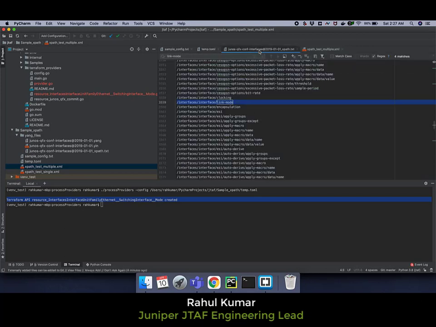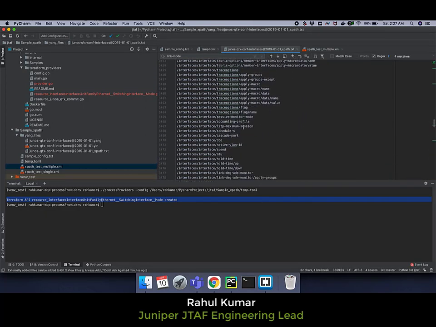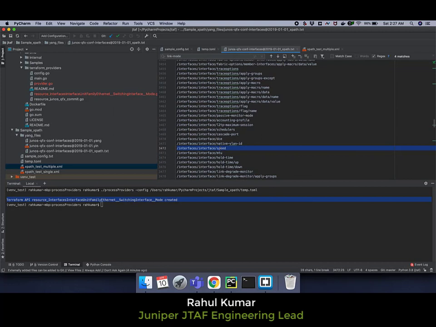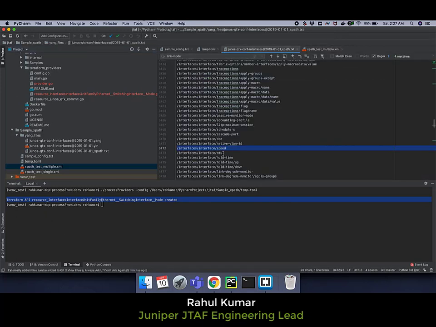Now we will search for the other elements. As you can see, we find speed here, so we'll add that also. Then we saw MTU here, so we will add MTU.